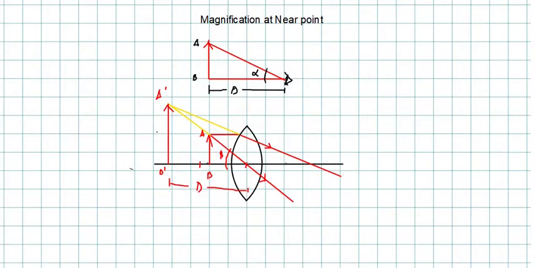So, we can write this as AB by D also, because these triangles are similar, these being similar to this, correct. And sorry, I must say that this is U. So, what you can write now, tan beta would be equal to AB by U, and what do you think tan of alpha will be? Tan of alpha would be AB by D. So, AB gets cancelled, we get this as D by U. If I use the sign convention here, this is also minus, this is also minus, now both minus cancel out, we are getting D by U, that is magnification M is equal to D by U, correct.